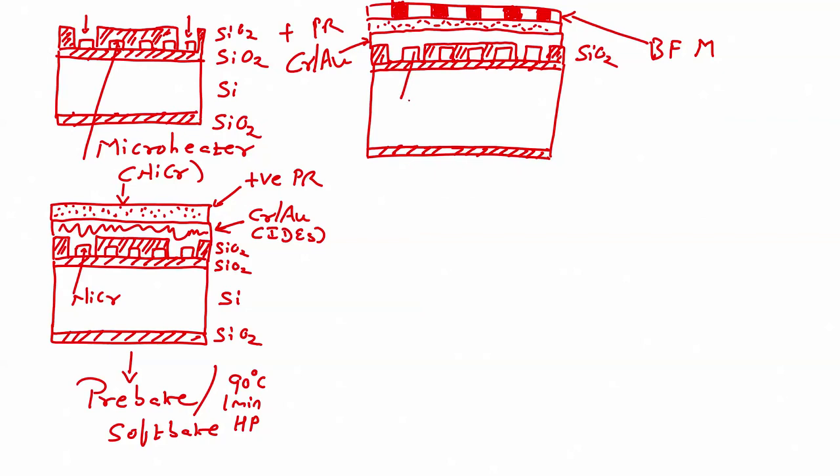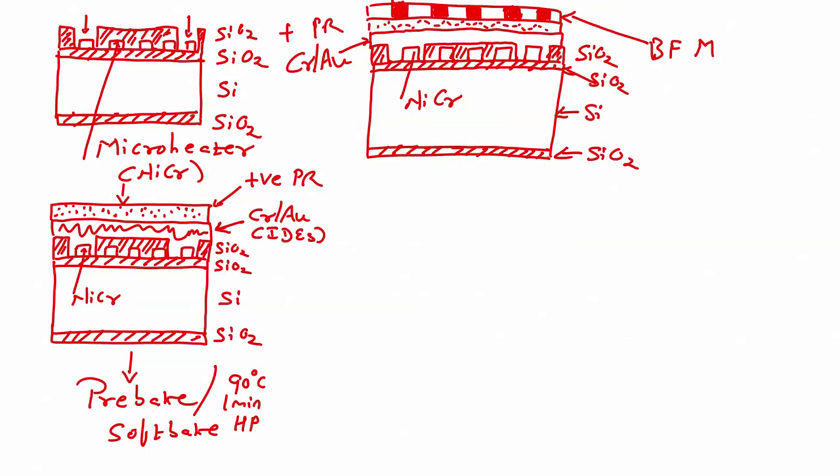and we know what is this? Nichrome. And what is this? Silicon dioxide. What is this one? Silicon. What is this one? Silicon dioxide, correct. What is this? Bright field mask. After soft bake we can load a bright field mask,